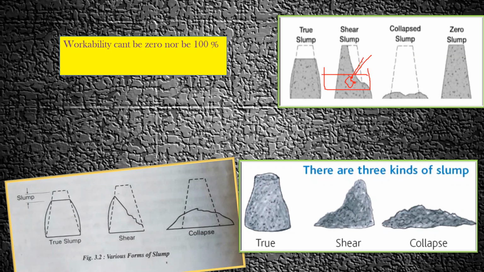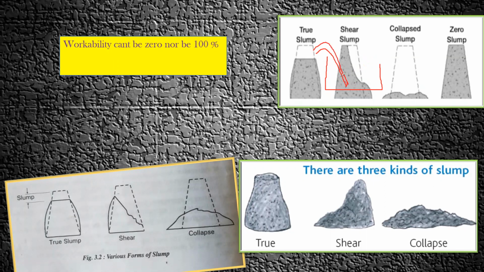Because to a certain extent concrete is workable. After that, with the help of a vibrator, or by deploying 1 or 2 laborers, we have to pull the concrete, and that is how we try to place. So that is the reason 100% workability is not possible. In the same way, 0% or zero workability is also not possible. So what do you mean by zero workability? That means, let us again take this as a foundation. So when I pour the concrete here,